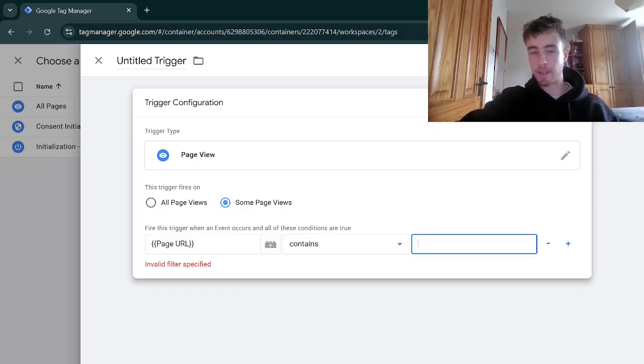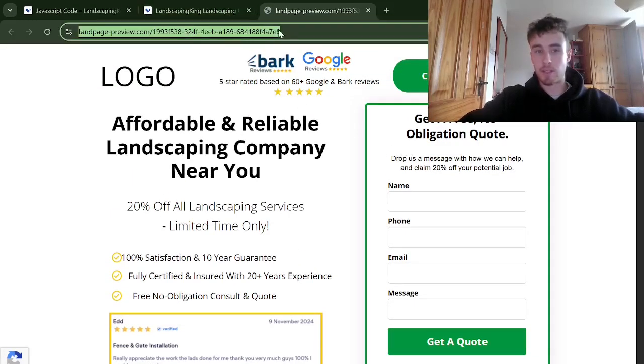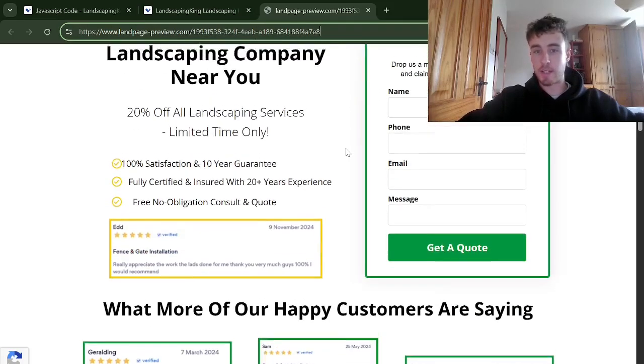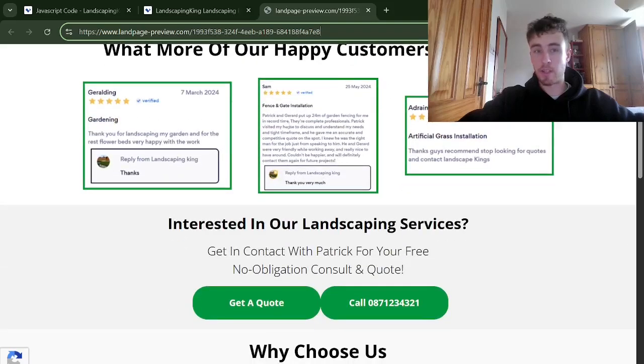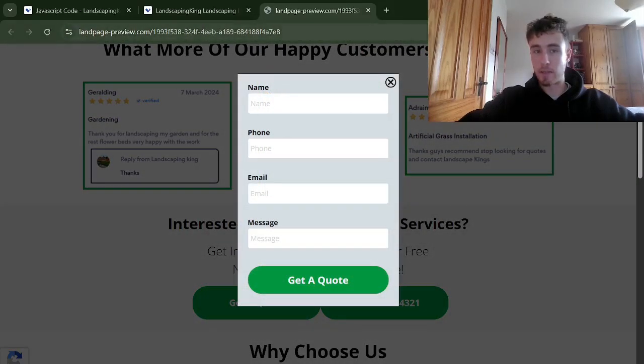And what we put in here then completely depends on your scenario, because what you want to include in here is some text that is always included on your thank you page that is not included in the actual landing page itself. So if you look at this published landing page here, for example, this is just a landing page test URL. But what we want to do to actually distinguish when somebody lands on the thank you page is see is there any text that appears on the thank you page that we don't have on this landing page